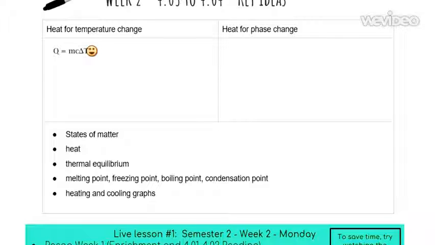Q equals MC delta T is really going to be our focus for today, and we're going to talk about what that is and how it helps us here. What is the equation? Oh, there you go. Perfect timing. Very simple as far as the math goes. We're just going to take the mass times some specific value that's probably going to be given to us. So it's going to be a series of multiplying